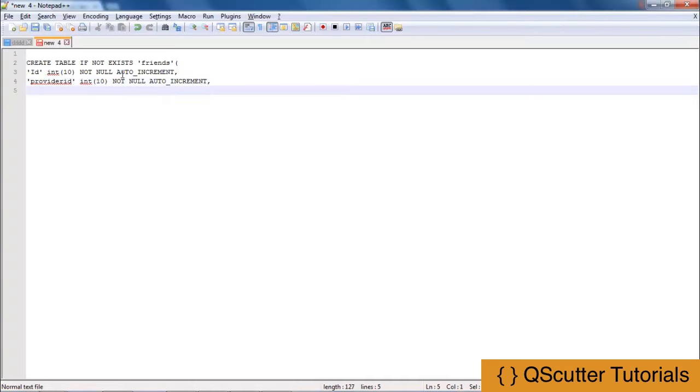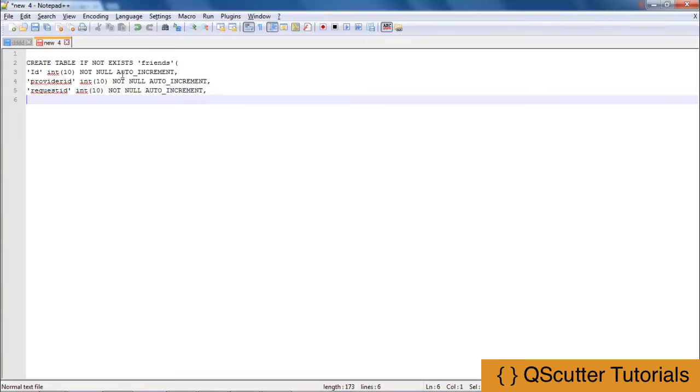That's it. Now I'm going to provide a request ID, that is, who is actually requesting for the friend. So I'm going to use request ID, and I'm going to use int 10 not null auto increment. That's it. The next thing I'm going to provide is a status, that is, whether the user is online or offline. So I'm going to provide status,